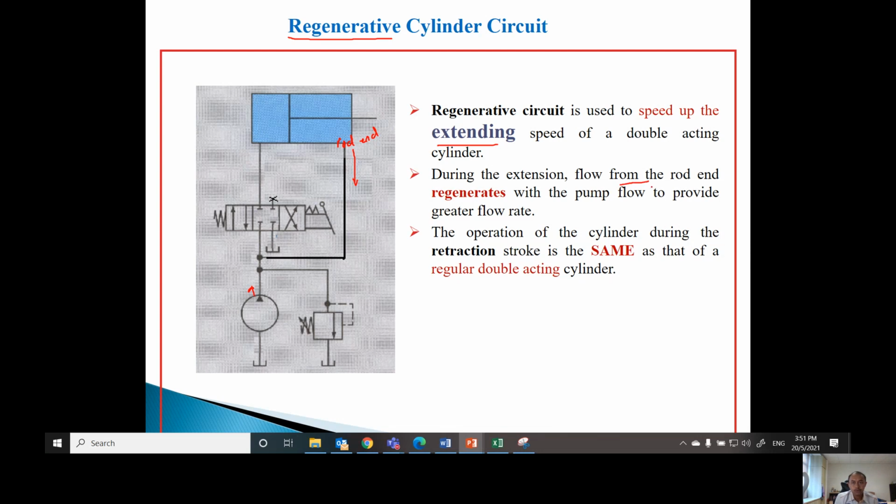So we have two, from the rod end and also from the pump, so it will provide a greater flow rate. The operation of the cylinder during the retraction is still the same, except for